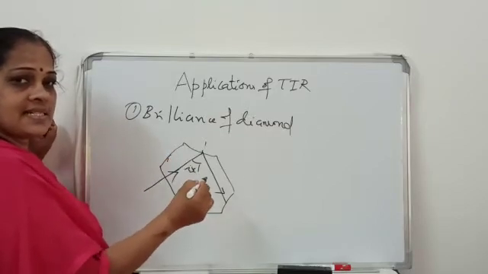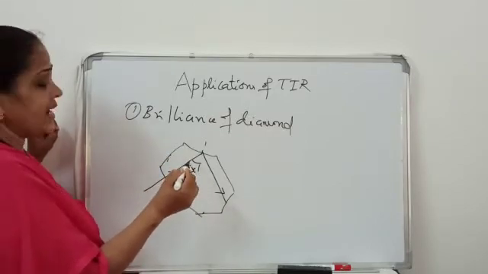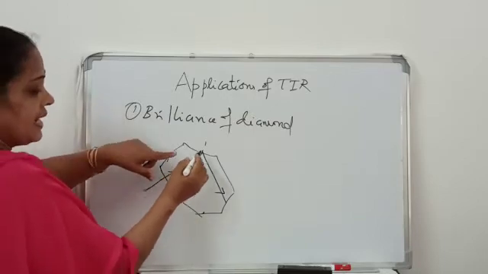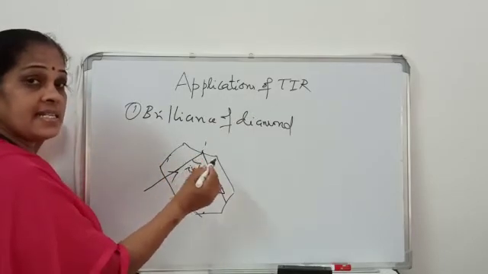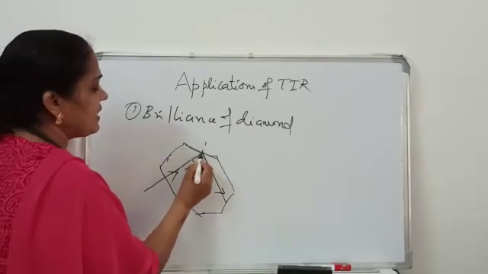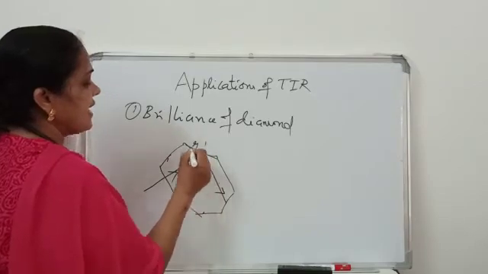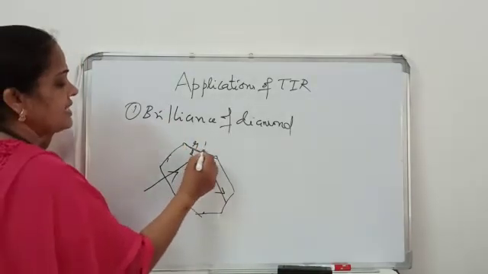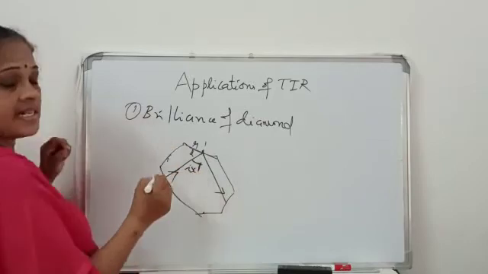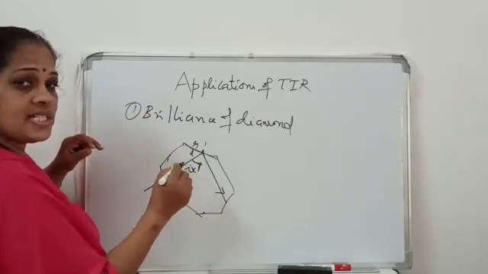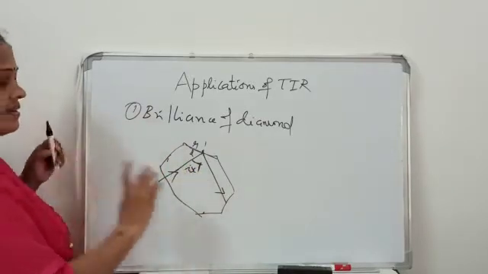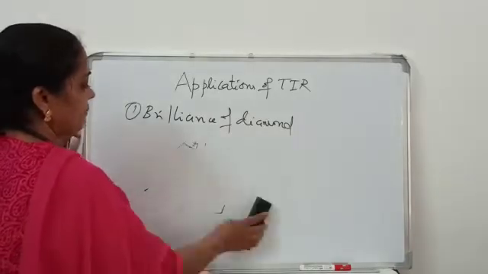and you can see that the diamond always glitters. And the two conditions over here are: light travels from denser to rarer, so this will be the denser, rarer interface, and angle of incidence will be greater than the critical angle. If these two conditions are satisfied, then total internal reflection takes place.